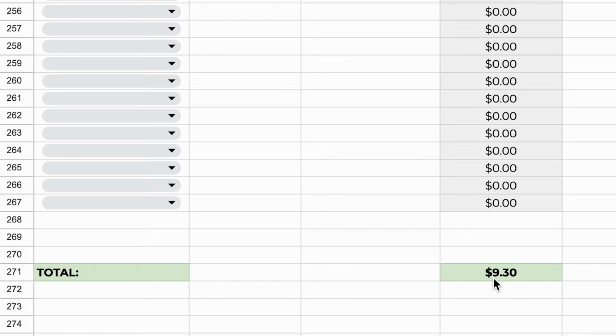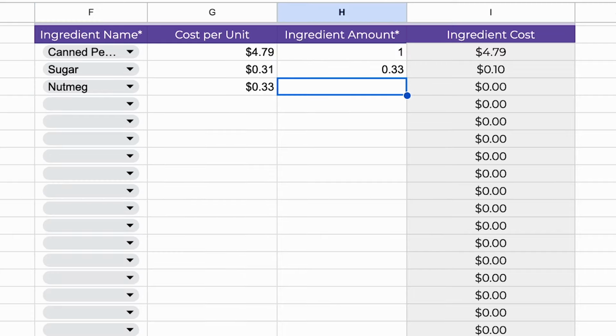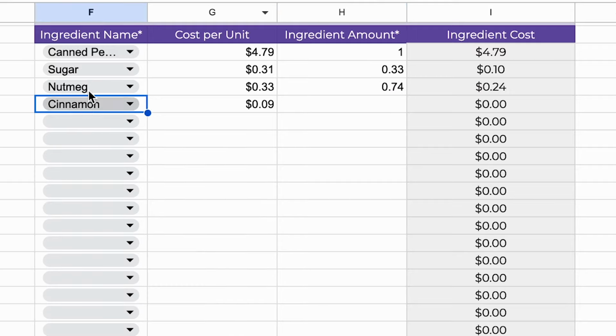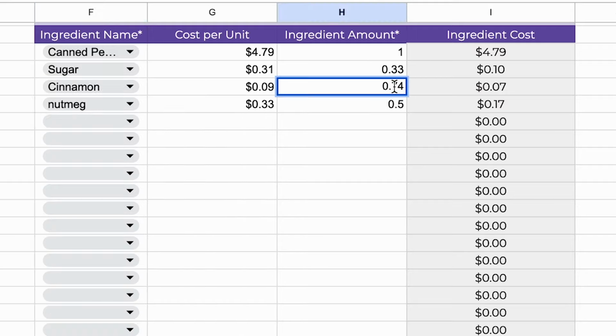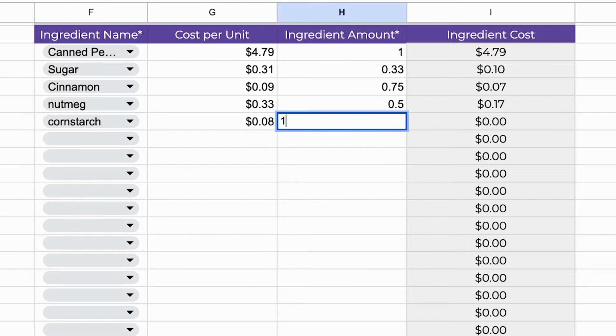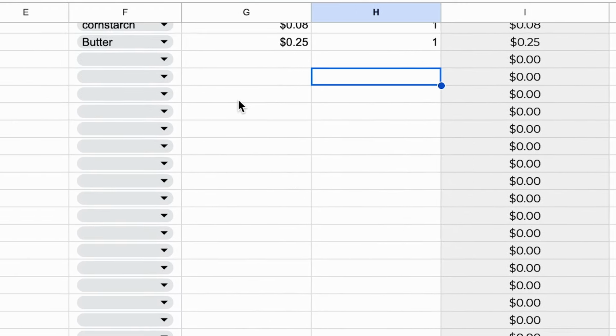Coming down here, we see that already cost us $9.30. Next, 1 can of peaches, 1/3 cup of sugar, 3/4 teaspoon of nutmeg. Oh, sorry, this is cinnamon. 3/4 teaspoon of cinnamon, 1/2 teaspoon of nutmeg. You need 1 tablespoon of cornstarch, and then 2 tablespoons of butter. And that's it for our peach cobbler, which comes out to